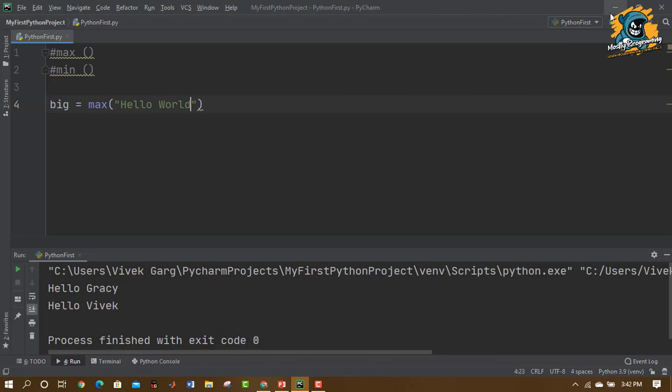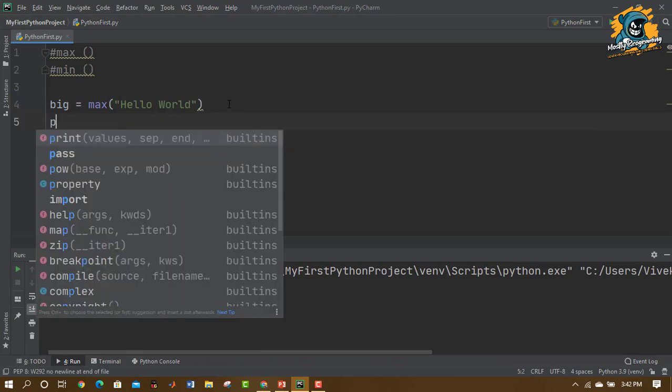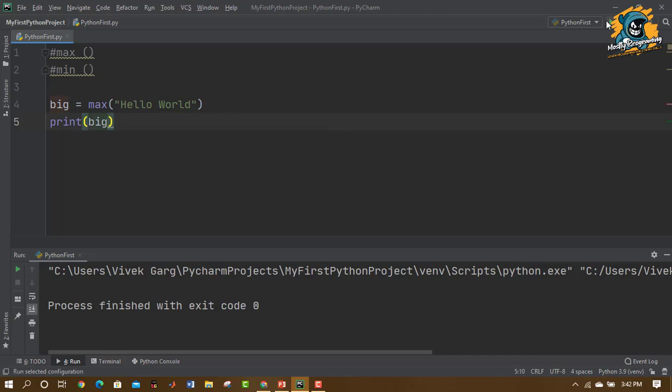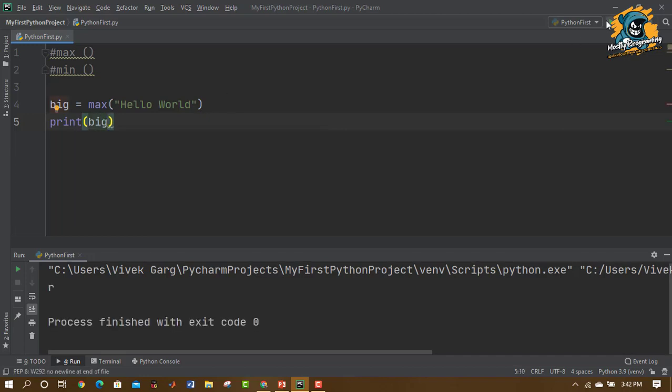Let's see what it returns. Okay, I did not print the variable itself. Let me just write another statement, print big. Let's run it again. So r is printed. Some of you must be wondering why it did not give W as an output. There's a simple reason behind it: smaller case letters are greater than the uppercase letters. So in smaller case letters, r is the largest, therefore it is printed as the max